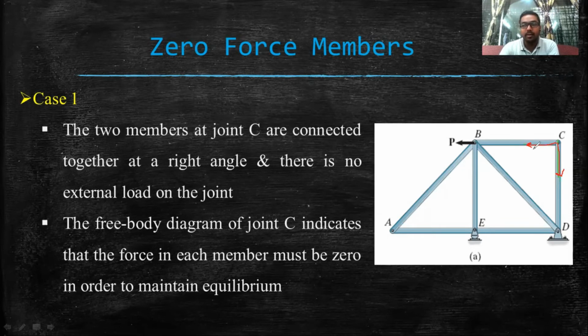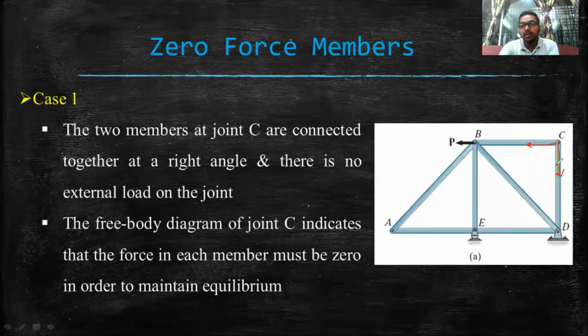Obviously, in order to maintain equilibrium, this force must be 0, and that is the concept of a zero force member. So for equilibrium to exist, this member BC will be subjected to no force at all. So member BC is a zero force member. At the same time, if we apply the equations of equilibrium, that is sum of Fy equals 0, then